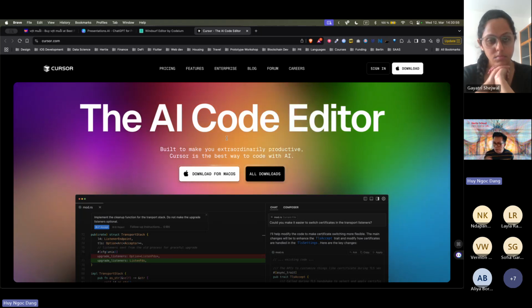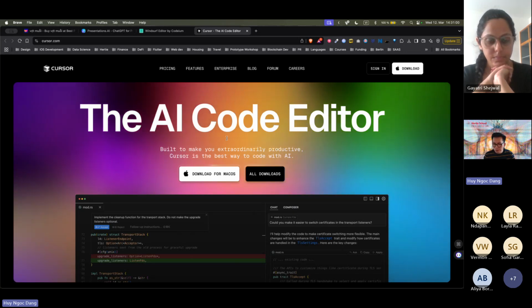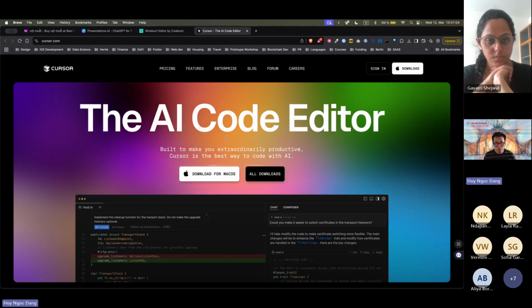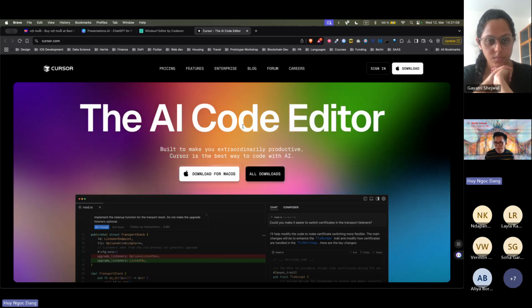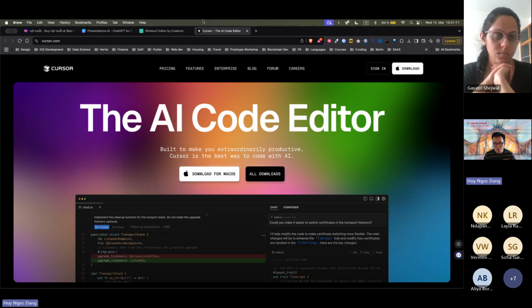So a lot of times you have to switch around, and you even have to go out of the editor to search for some things from ChatGPT as well. So these AI code editors are completely native editors that use an AI engine as part of their coding tools, and so they're very familiar. I'm using Cursor, so I can showcase a demo of that, but you can also use Windsurf as well. So these two are the best on the market right now.